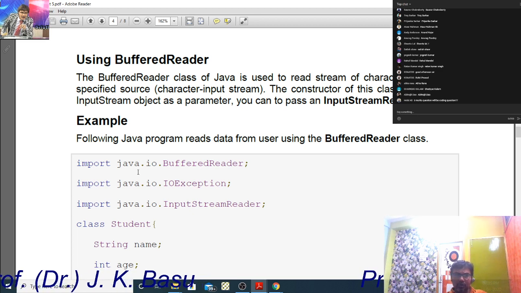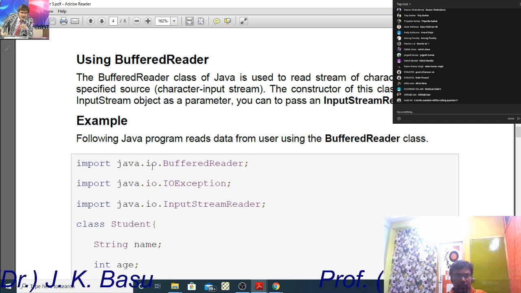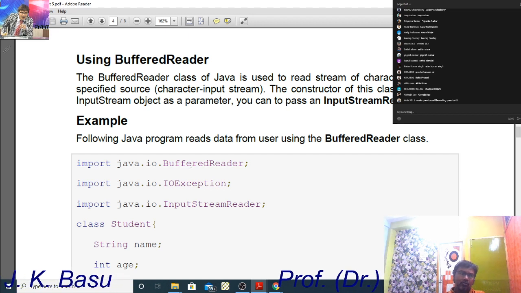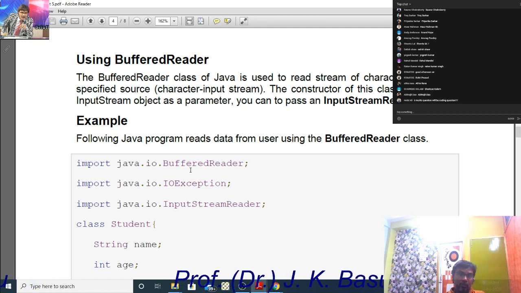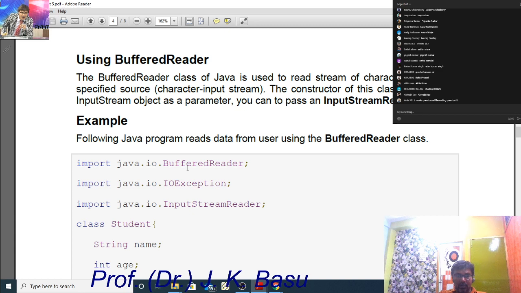Here also this BufferedReader class we get with the java.io package, and this is the way to import this package. Otherwise the methods or subclasses will not be available with the program. So we need to import the packages, like what we include using #include in C. So here also we need to import these packages, right? Here we call them packages. The java.io